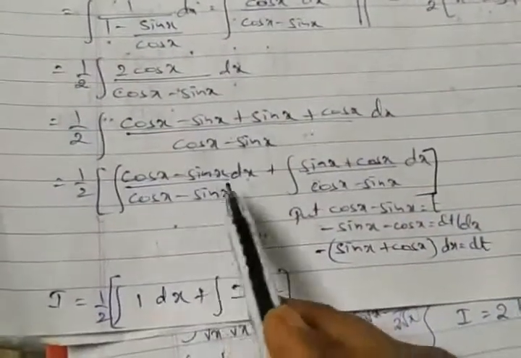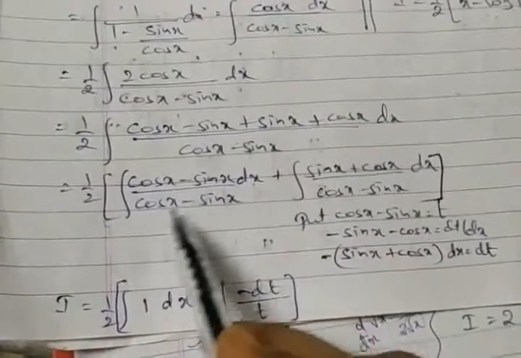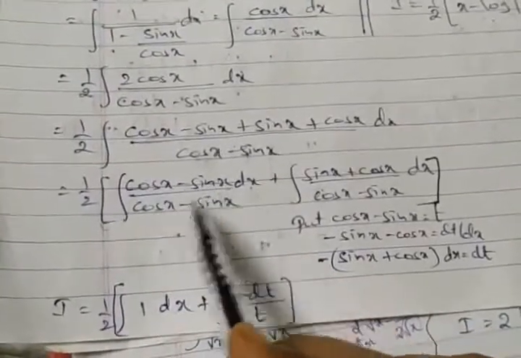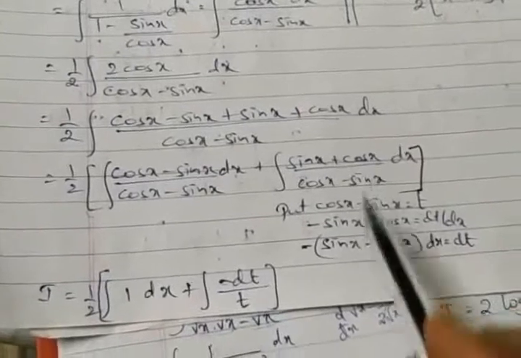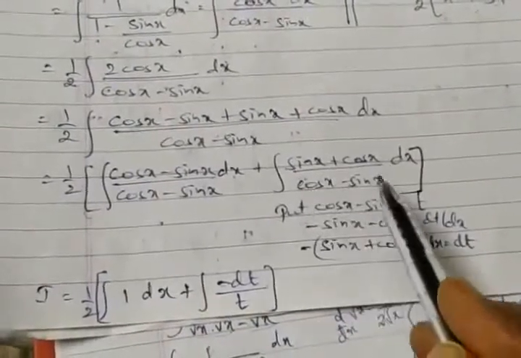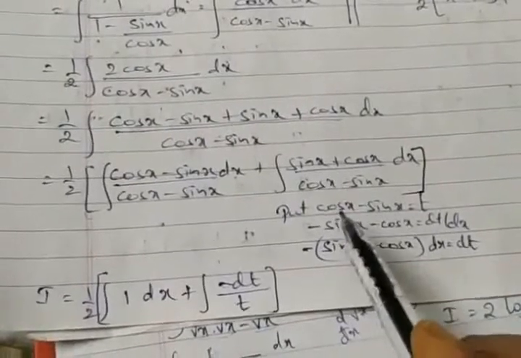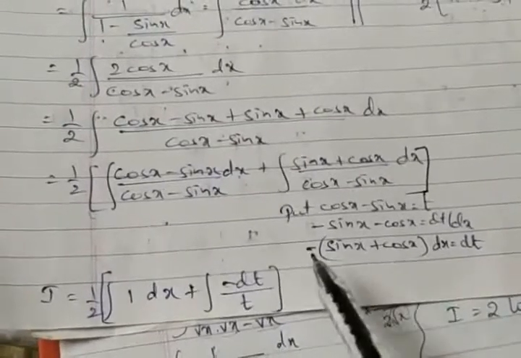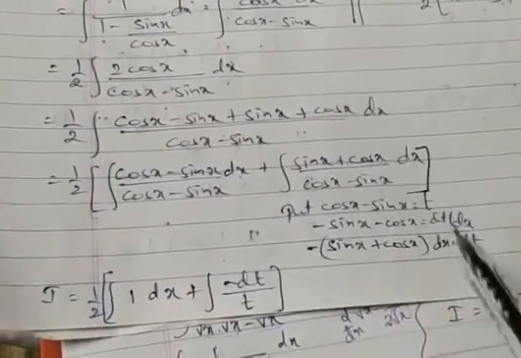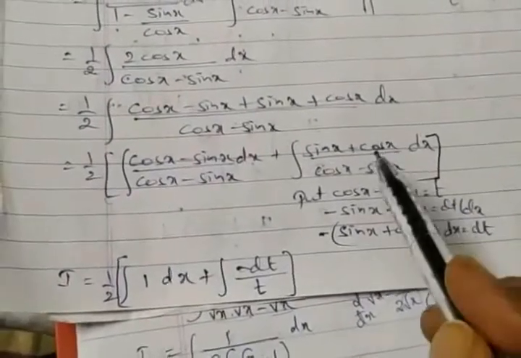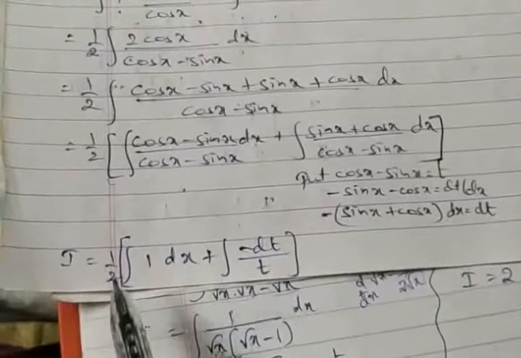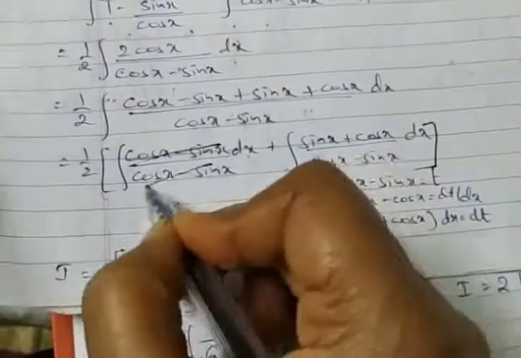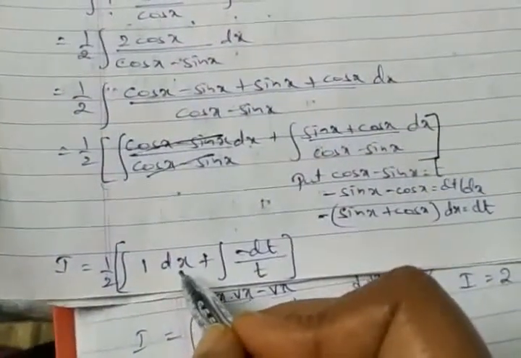Now this part will get eliminated. I said this so that it gets eliminated: if you have minus sin x in the denominator, consider that first, so that every time you find this term as 1. And here I would like to claim, put denominator is equal to t. Differentiation of cos minus sin, differentiation of minus sin x minus cos. Take minus common. We have sin x plus cos x with respect to x as dt. So put on the second half part claim on. We are left with I is equal to 1 by 2 bracket. Its integration of the term gets eliminated. 1. Integration of 1 with respect to x.